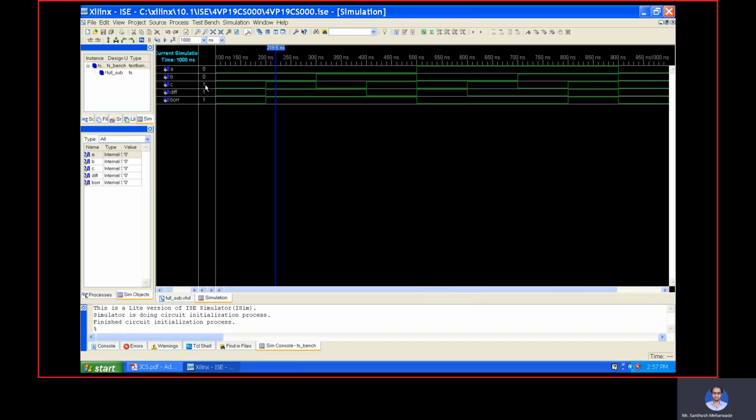Next one 0, 0, 1 means difference and borrow will be 1. You have to verify with your truth table. 0, 1, 0 means 1, 1. 0, 1, 1 means 0, 1. 1, 0, 0 means 1, 0. 1, 0, 1 means 0, 0. 1, 1, 0 means 0, 0. And finally 1, 1, 1 will be 1, 1, and finally all are 0. So this is the simulation for your full subtractor.